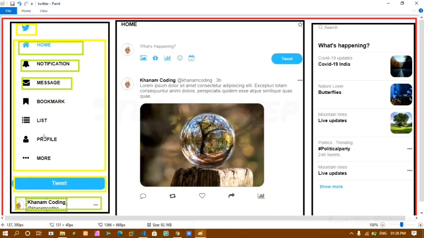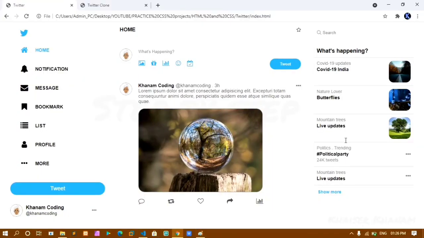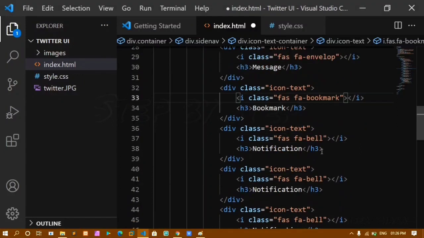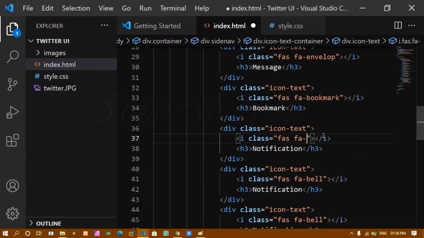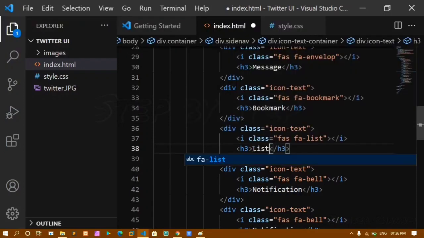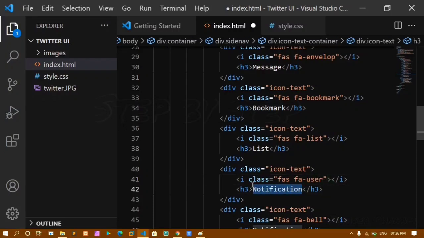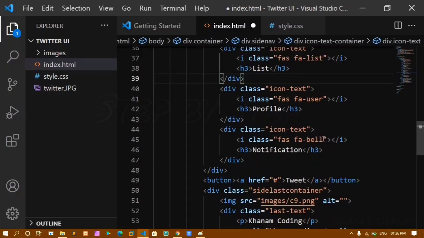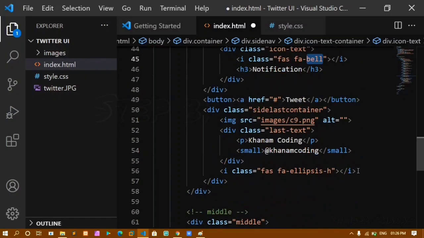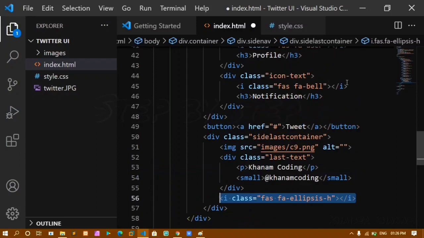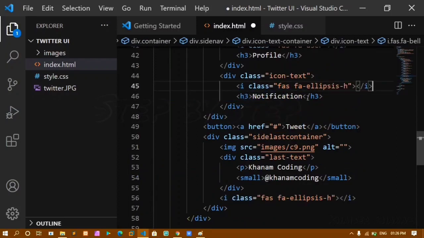And next we have list, profile and more. Here I'll give list, here also I'll give list, and here it is profile. I'll give the icon name user, and text profile. And instead of this one I'll copy this icon class and paste it here, and I'll give here more.